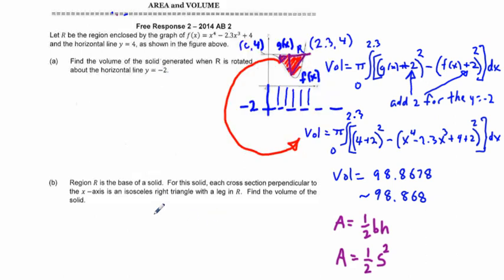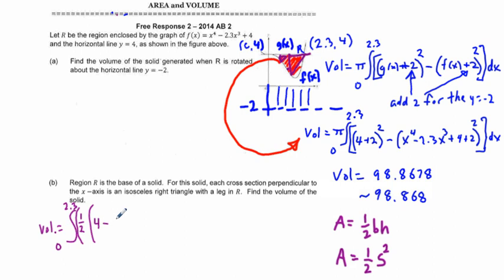And set that up, we're going to have our volume is going to be equal to, now in this case we don't have to rotate at all, so we don't have to worry about that pi. So we're going to go between 0 and 2.3, and we're going to take one half. Remember, that comes from this formula, s squared. And what do we do to find this? Well, parenthesize that to 1/2 of, we have 4, and 4 is our g of x minus our f of x,